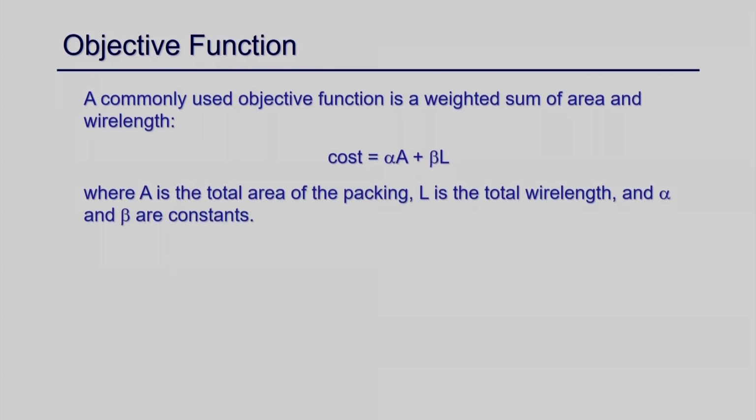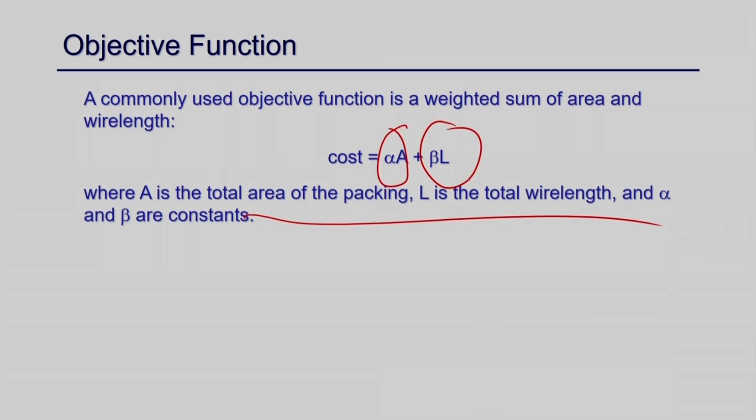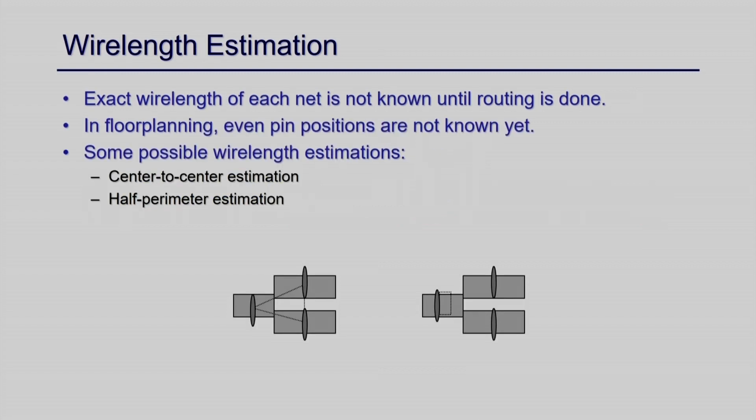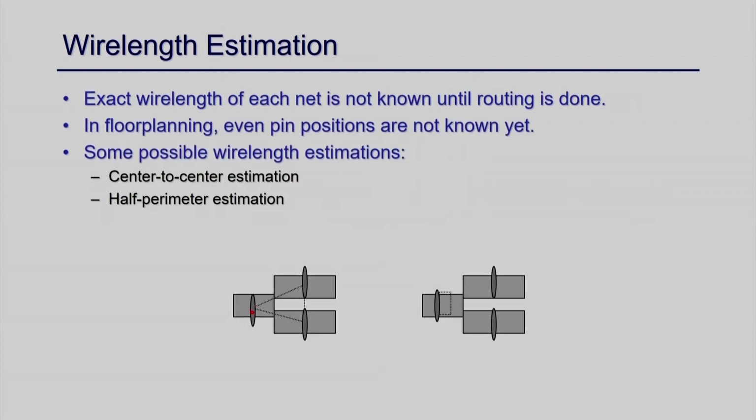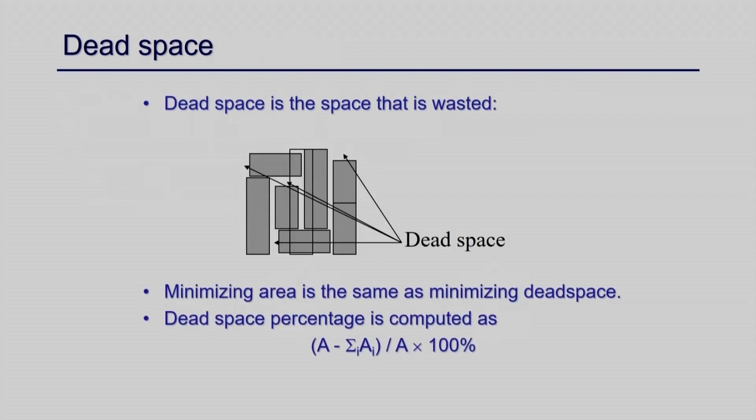And in general the objective function is the minimization of area plus wire length: alpha times A plus beta times L, where A is the area, L is the wire length, and alpha and beta are some constant factors, right. This is the overall objective of floor planning, okay. Wire length estimation is needed because I do not have the exact placement. So, how can I estimate the wire length? It is basically the distance between these two. Suppose there is a wire from this to this, I can take the distance between the center points, right. This might be your wire length, just an estimation, okay.